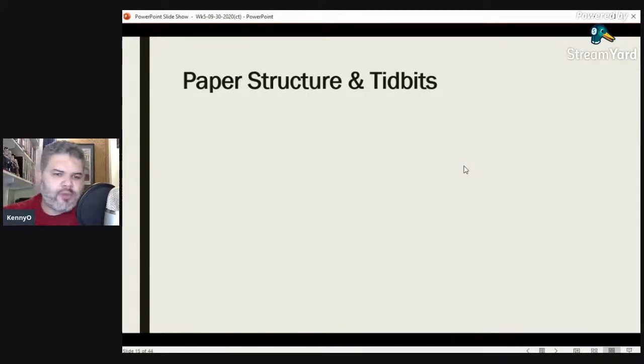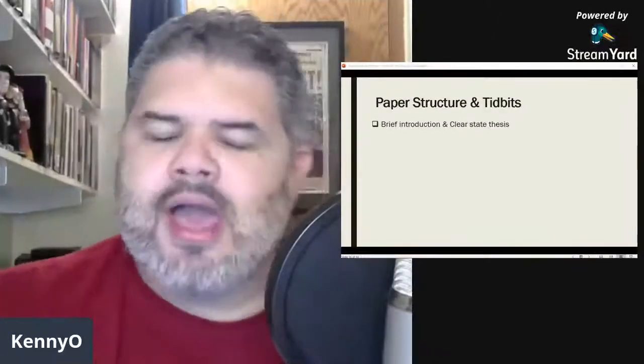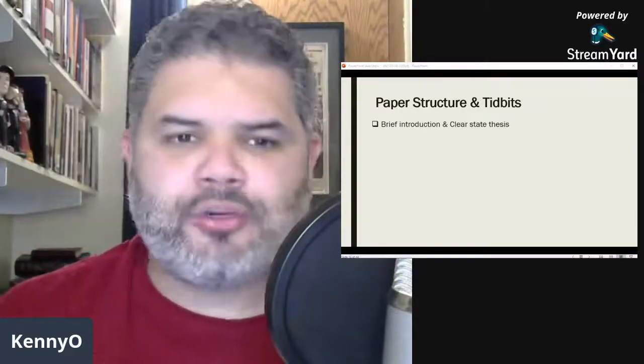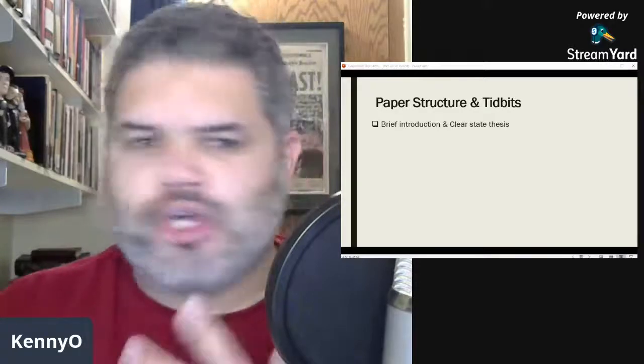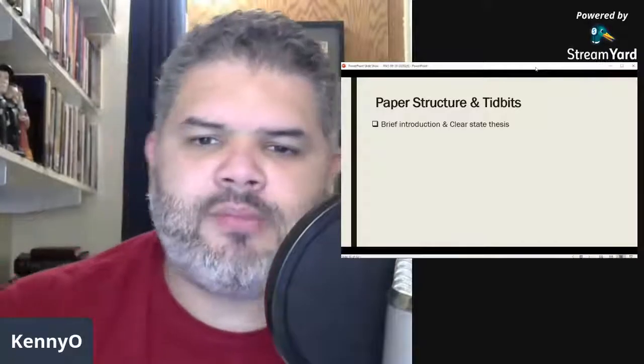Okay, a couple other things to consider when you are writing a thesis paper. Your paper should start with a brief introduction and then the clear thesis statement. Something that Michael Keeby says in his book is that your thesis statement must be stated early and often in your paper. I should not have to go more than a paragraph through your paper before I figure out clearly what your thesis statement is. This is one of my most common pieces of feedback for some of my students. I'm like, I'm on page 2 or page 3. I still don't even know what you're defending. I'm unsure. It's muddled. Make it very clear for me, right? And I'll give you some examples of thesis statements in a bit, but it's really important.